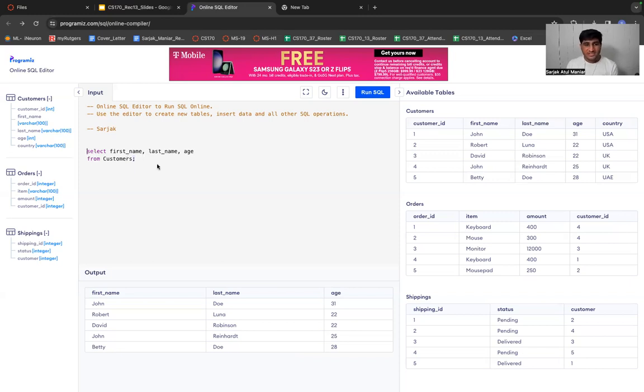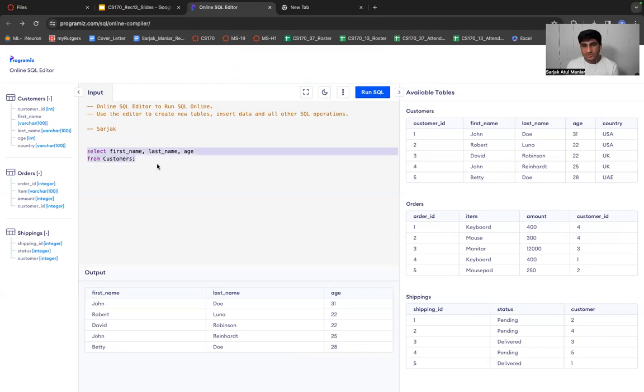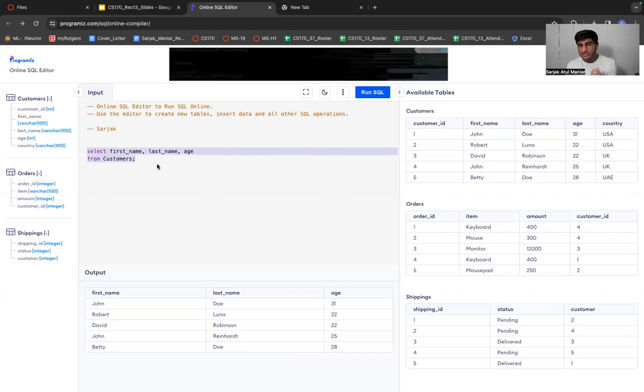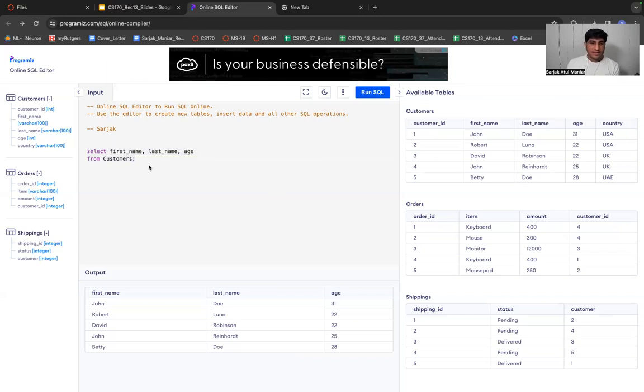Each and every system comes with slight variations in the syntactical format of the SQL language, right? So some are fine or some are not fine with this thing. So it's always a good practice to put the semicolon at the end of your query, right? So I think that was just the basic example of how SQL code would look like.